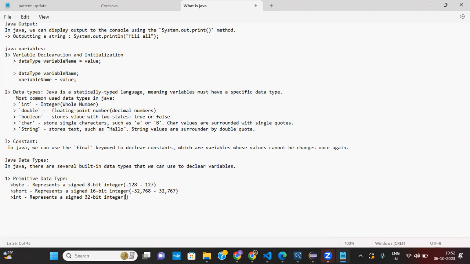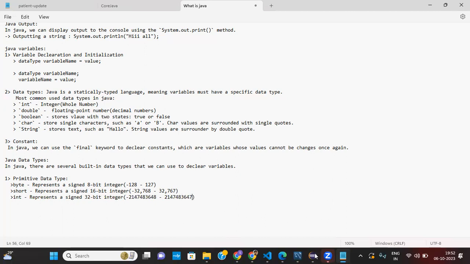It is very long: negative 2,147,483,648 up to 2,147,483,647.